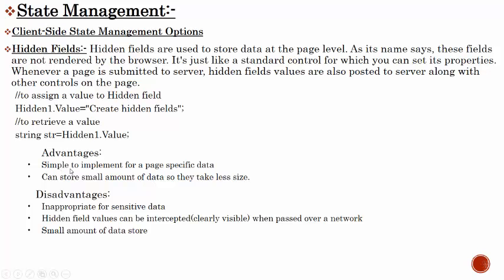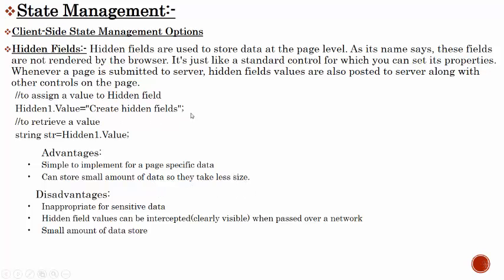Now what are the advantages of the hidden field? First one is that it is simple to implement for page specific data. It is very easy, and you can see here how we implement or store the value inside the hidden field. It can store a small amount of data, so it takes less size.